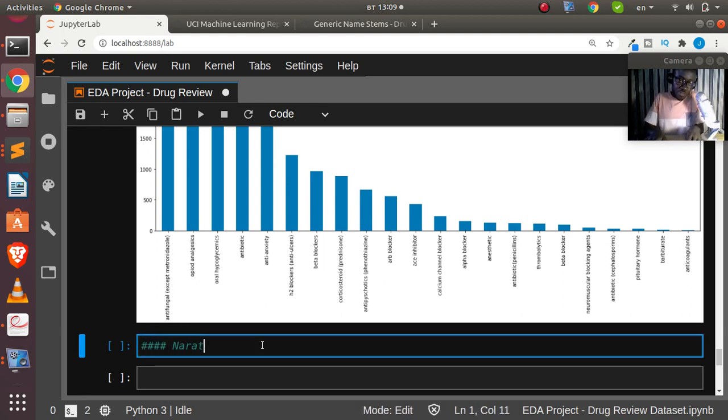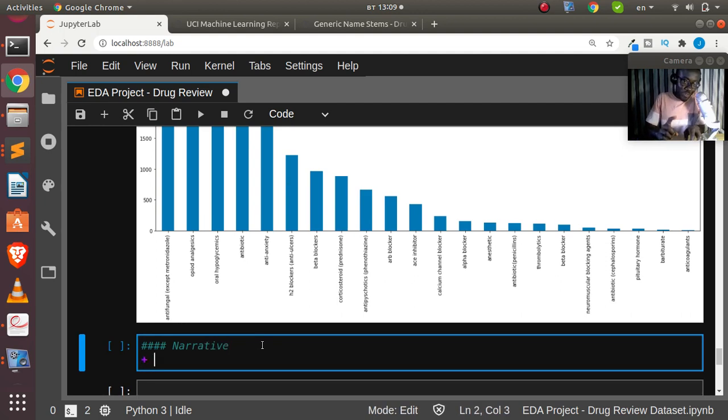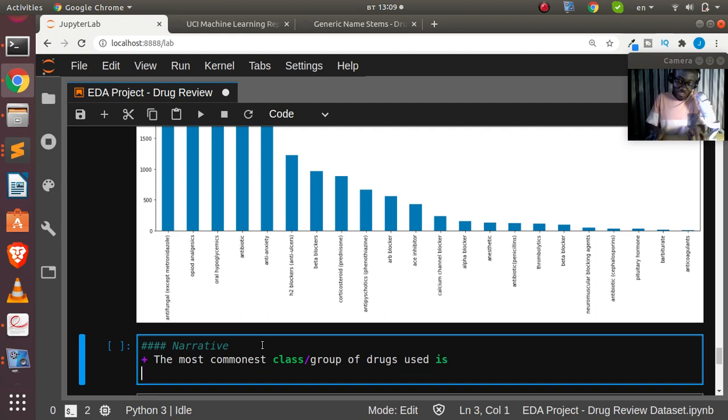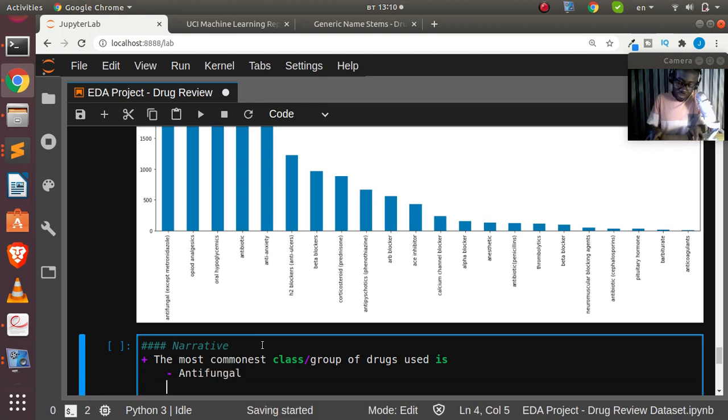So narrative, is narrative one R or double R. Okay, so the simple narrative: the most common class or group of drugs used, we have antifungal, which is usually antifungal drugs can be for skin, right? And you can also have opioids, which is painkillers. So opioids and analgesic,